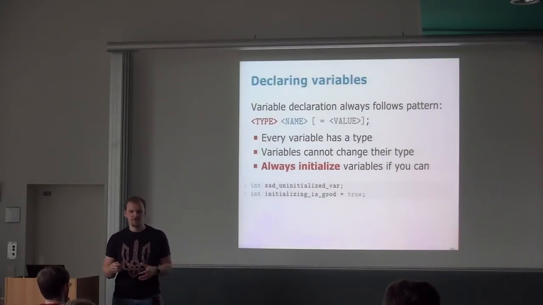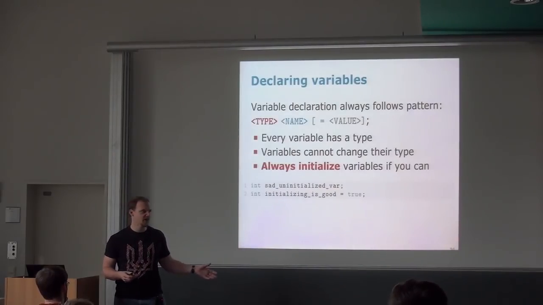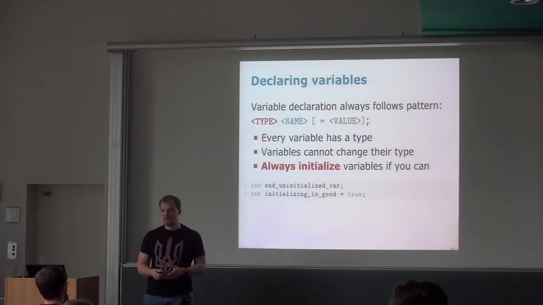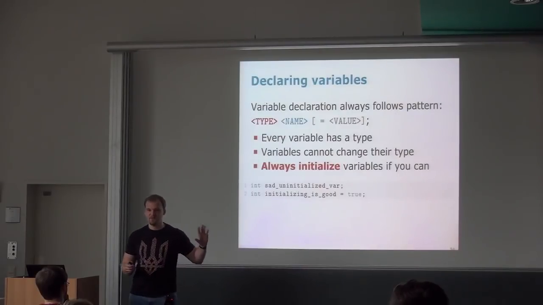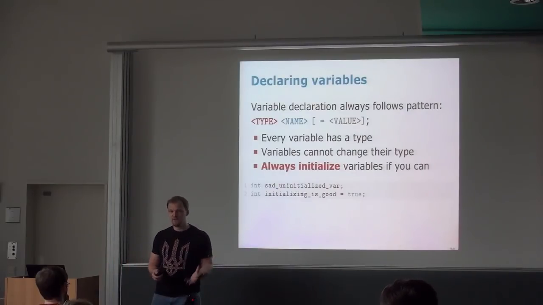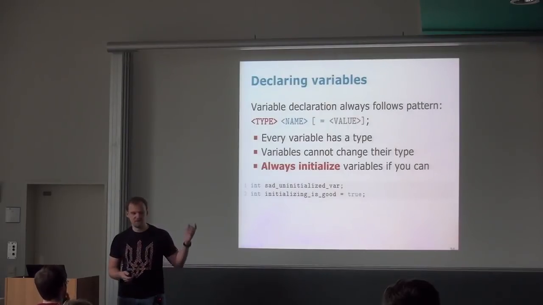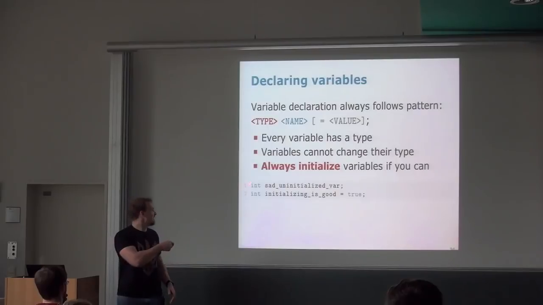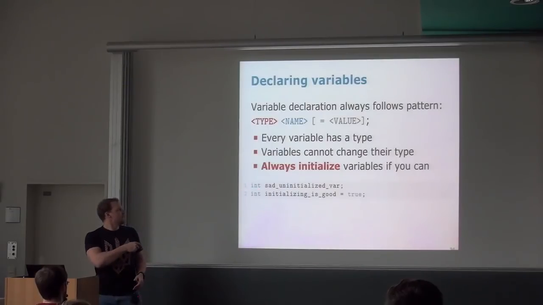So if, as you said, you kind of know Java, you are probably very familiar with this part. There should be no revelations here. It's a strongly typed language, so you have a type for every variable, and every variable can have only one type, and it's defined with this type. So first you type some type, for instance an integer, and then you give a name of the variable.